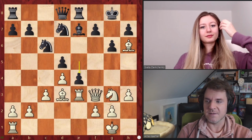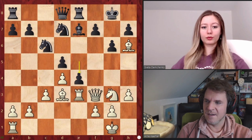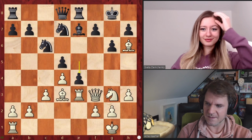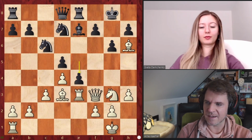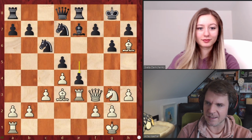So, what do I think of this? For the moment, it looks terrible for white. Now I just have to figure out why it is actually not that bad. I mean, the queen is attacked, the bishop is attacked. At this very moment, I cannot see any amazing